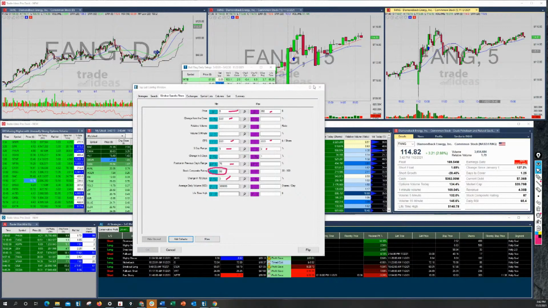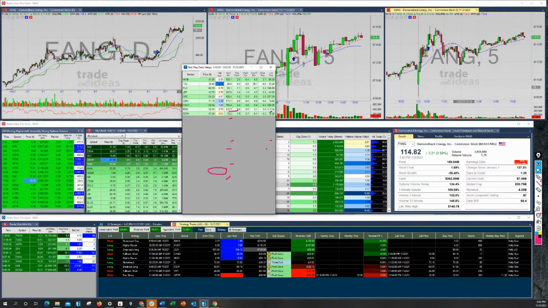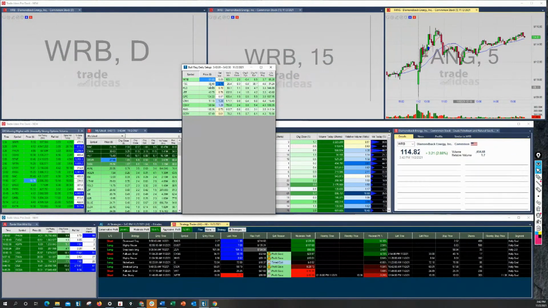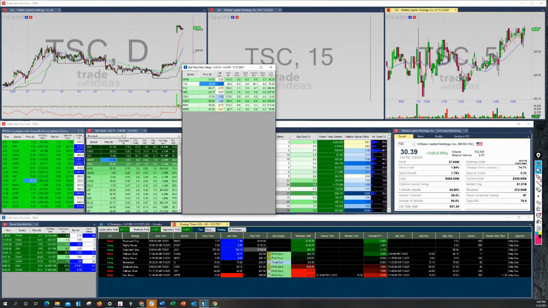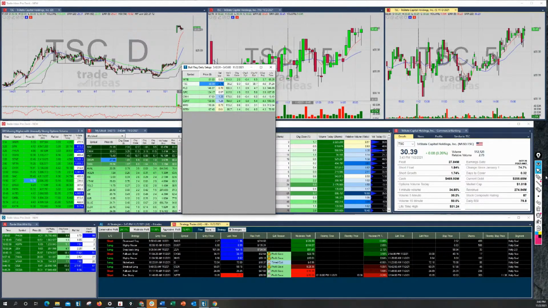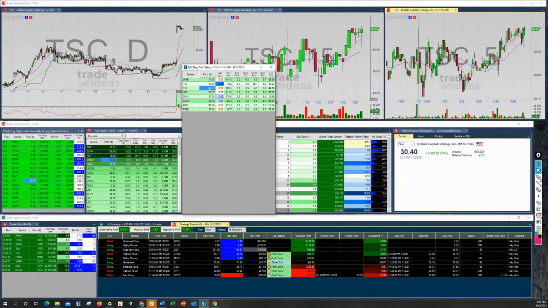Is everything perfect on here? No, but it's returning ideas. From there, you've got to decide, does it fit your criteria for a bull flag? How's that looking? But there's a bull flag right there. There's your flag and there's your move up today on it. All right. Let's see, TCS. There's your bull flag. All right. Some of these are going to look nicer than others, but there's your flag. So already some examples here that work.